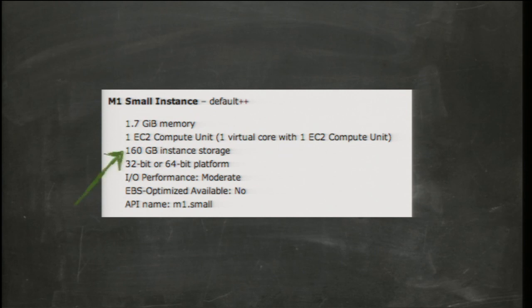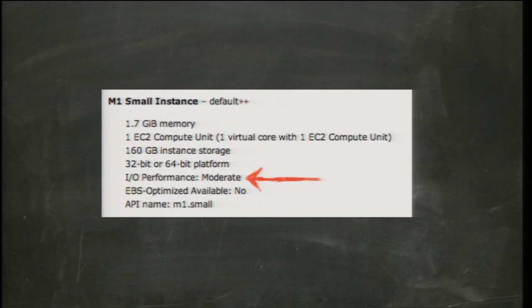We give you some amount of instance storage. These are storage on the instances. When you stop or terminate that instance, the storage goes away. So you have to remember that. It's not persistent. It's only available for the lifetime of that instance. This actually also includes instance reboots. A lot of people forget that when you reboot an EC2 instance, the instance is still alive, and the storage is still active and available to you.